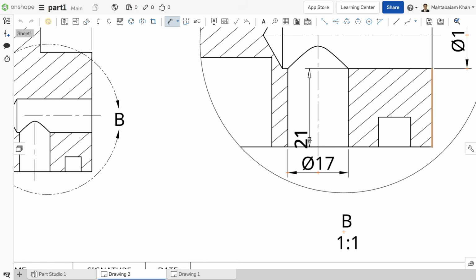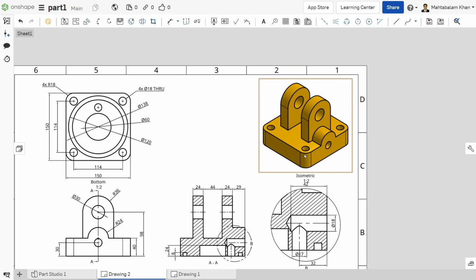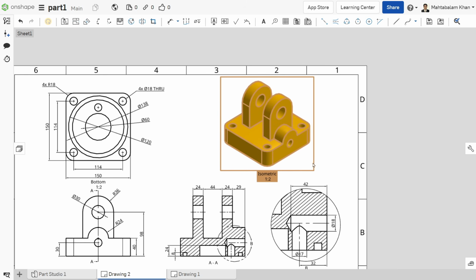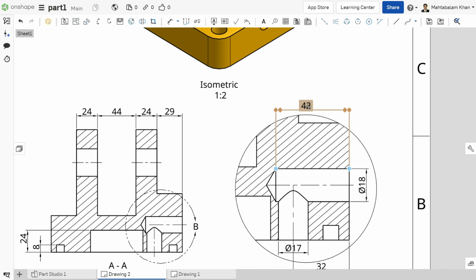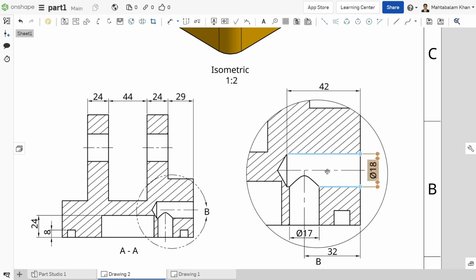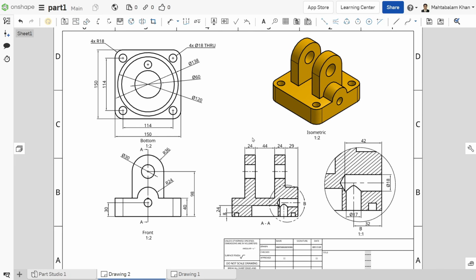Now the distance from here to the center line, it's 32. Escape key to get out. Now let me, okay, that's fine. Now see, we almost did all the dimensions here.